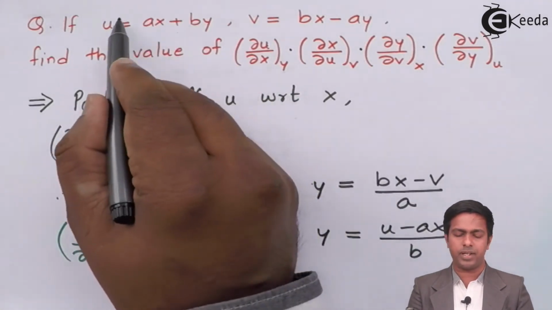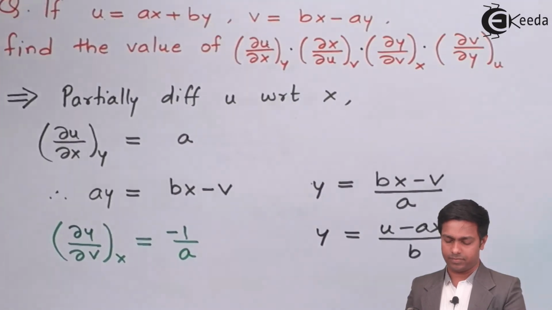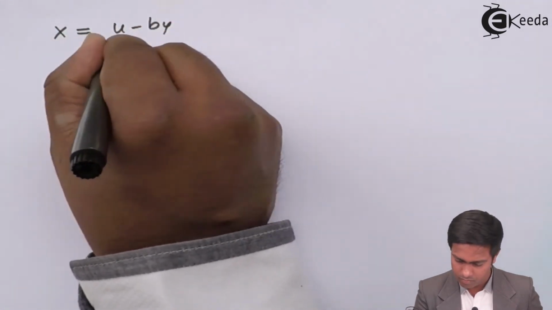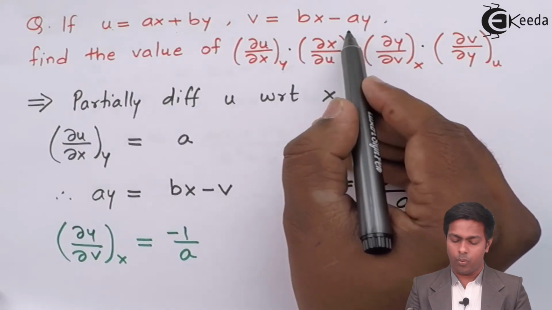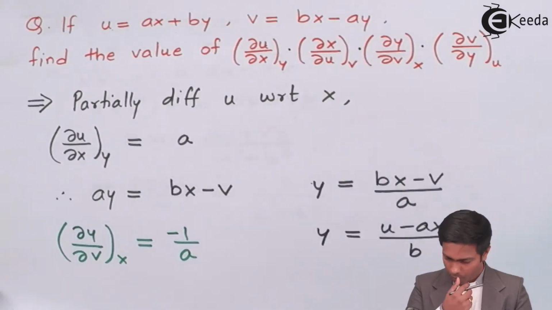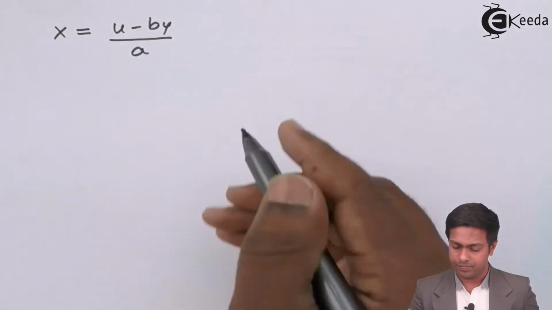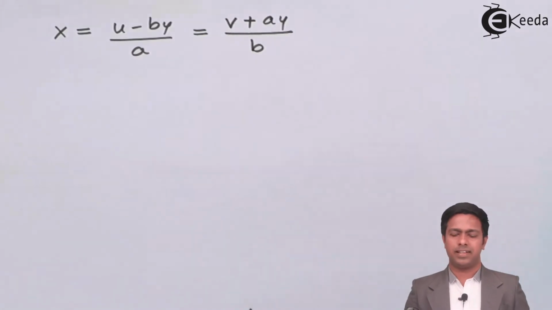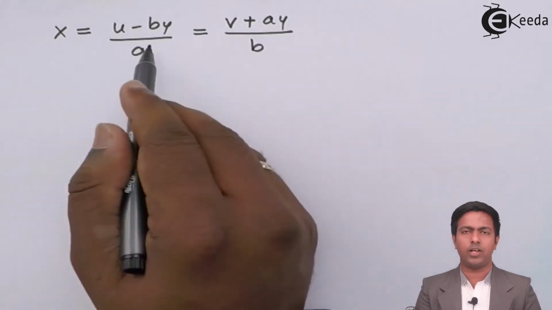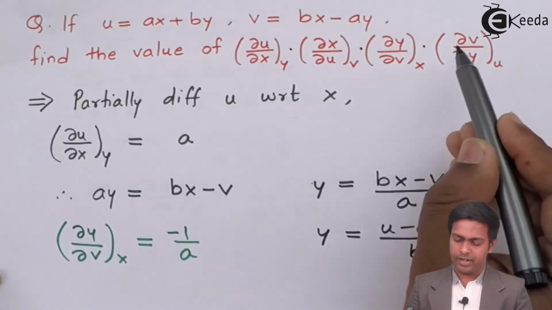So let's bring the first equation in terms of x. So here by will be shifted to the left hand side. We'll get u minus by upon a as the value of x. And from here we'll get the value of x as v plus ay upon b. So guys, these two values are the values of x. So you can compare these two values. So these are the same. Now let's do the cross multiplication to get the value of v in terms of y